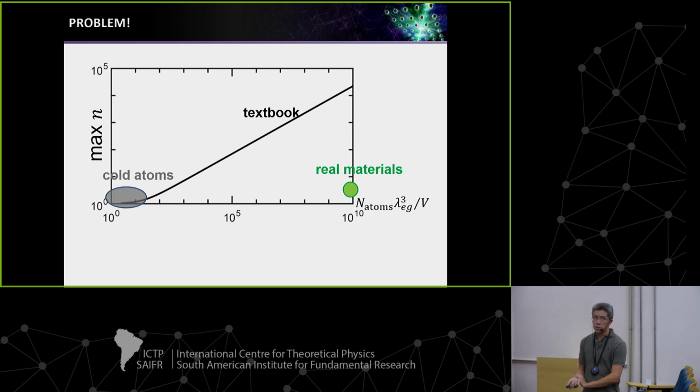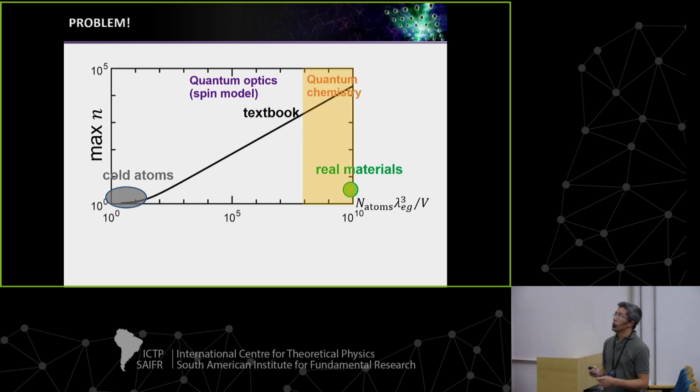Just for reference, cold atom experiments, degenerate quantum gases, they sit somewhere in this regime here. If we're going to be kind of fully honest about the question, we should also acknowledge that at some point this kind of textbook calculation has to break down. Okay, because the textbook assumes that you have really point-like scatterers. So that's what we might call the quantum optics model or the spin model, where we really assume our atoms